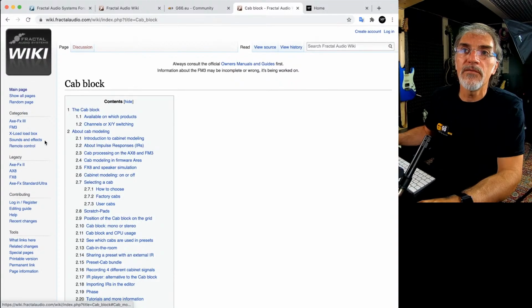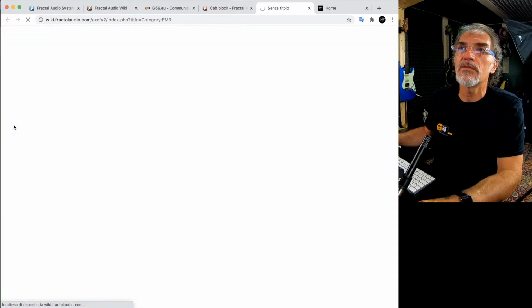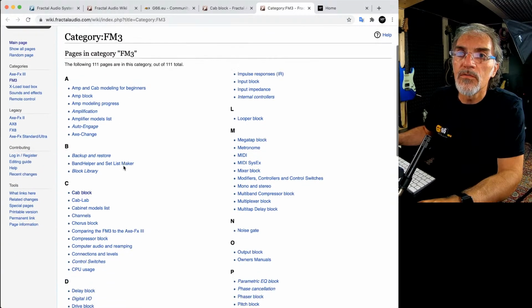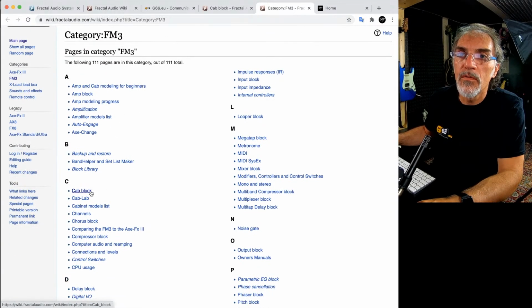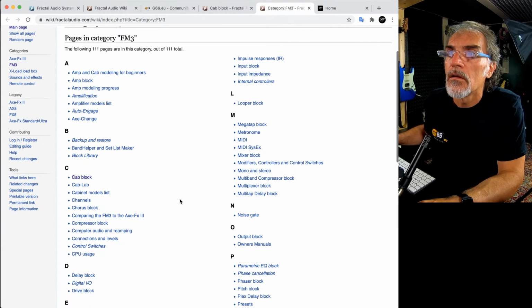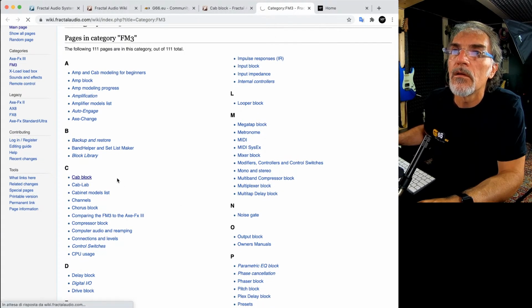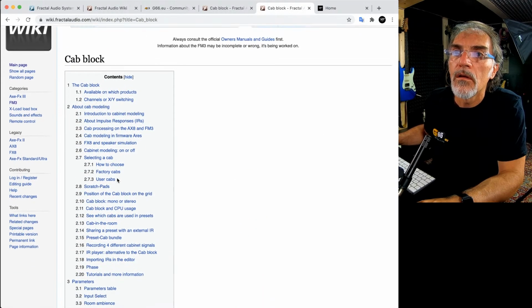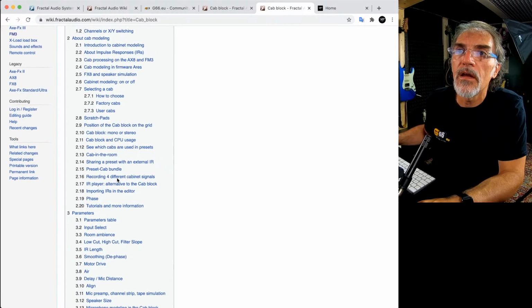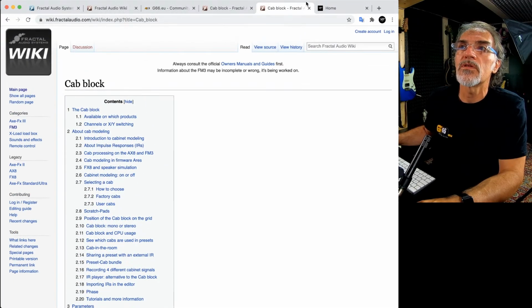For any Fractal product, FM3 here, for example, if you go to the cab block, or let me check, parameters. You can find any kind of information in the Fractal wiki.